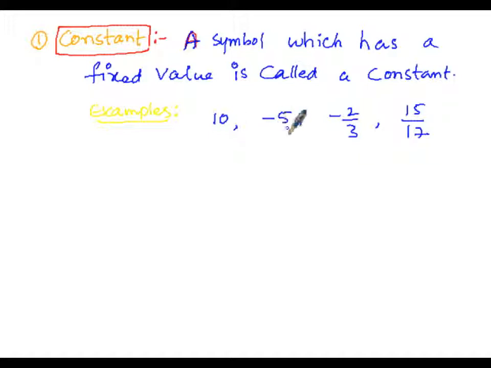These symbols are having a fixed value. In the first number, that is 10, it is a symbol having a fixed value which is nothing but 10. So it will come under the constant. The next one is the variable. A symbol which can be given values. So we can give different values for this particular symbol, so it will be called a variable. So it is not a fixed value.